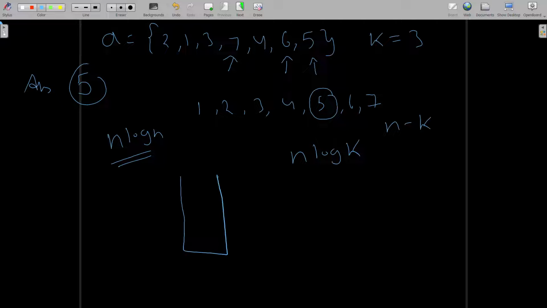Basically, the priority queue must be of size k, and array elements are inserted into the queue without any condition if the queue size is less than k. Once the queue size is equal to k, we will insert elements with a condition, which we will see further. Let's move toward the next page.